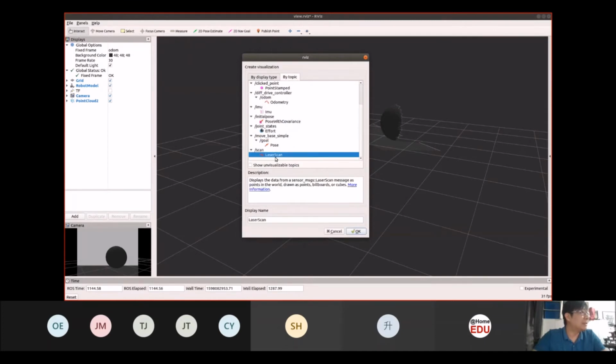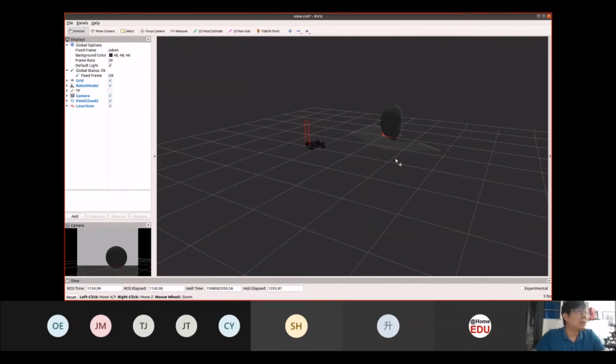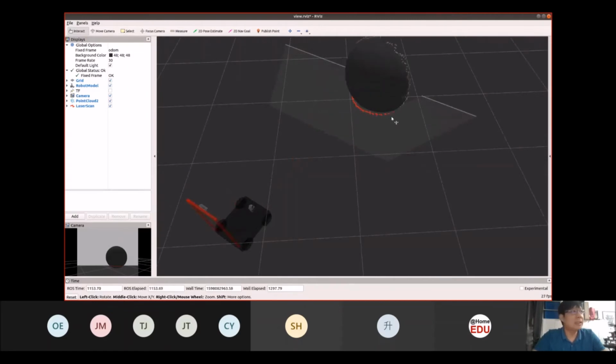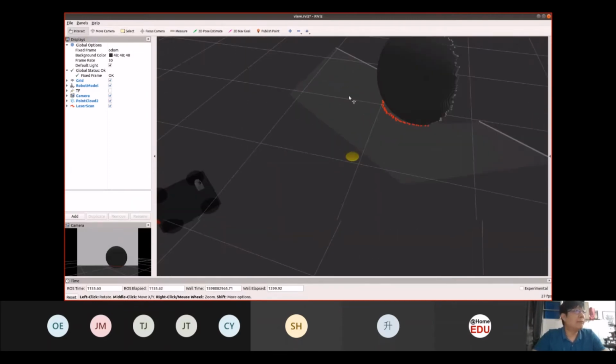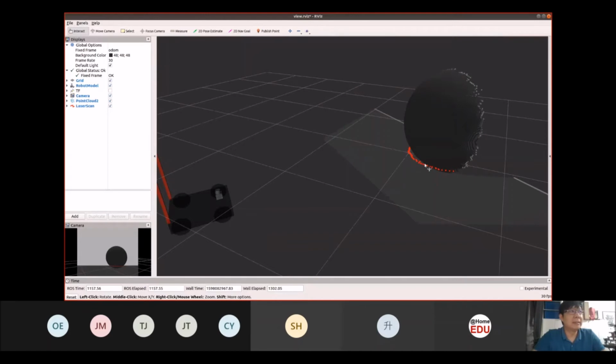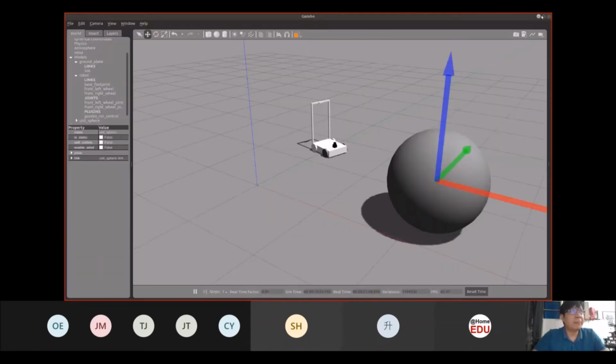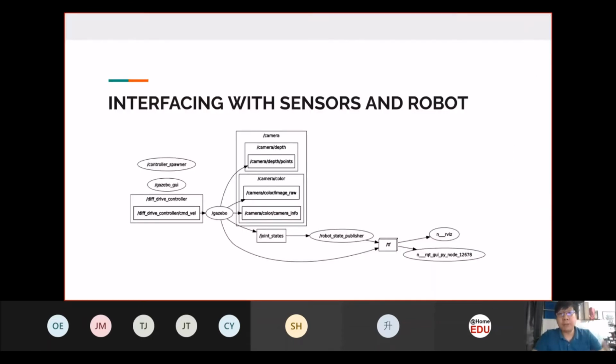If you notice over here, you have your depth camera, and also you have your laser sensor readings. So by having set up the URDF description, you will be able to simulate a basic robot in Gazebo itself.